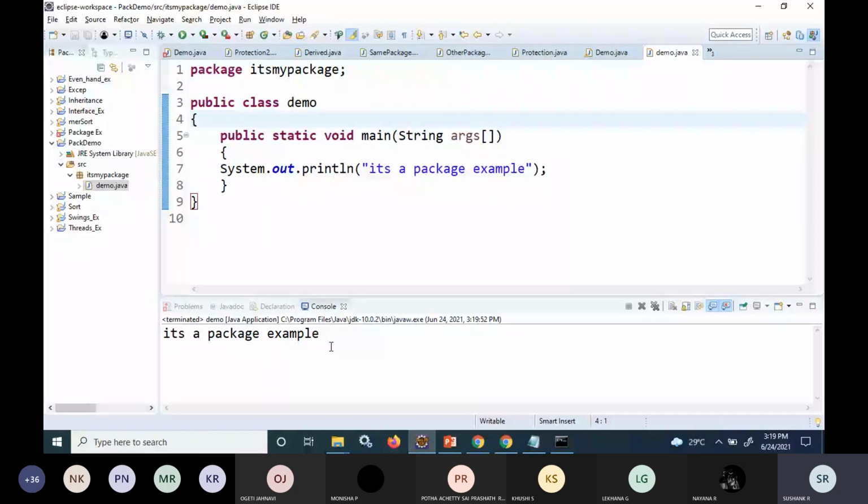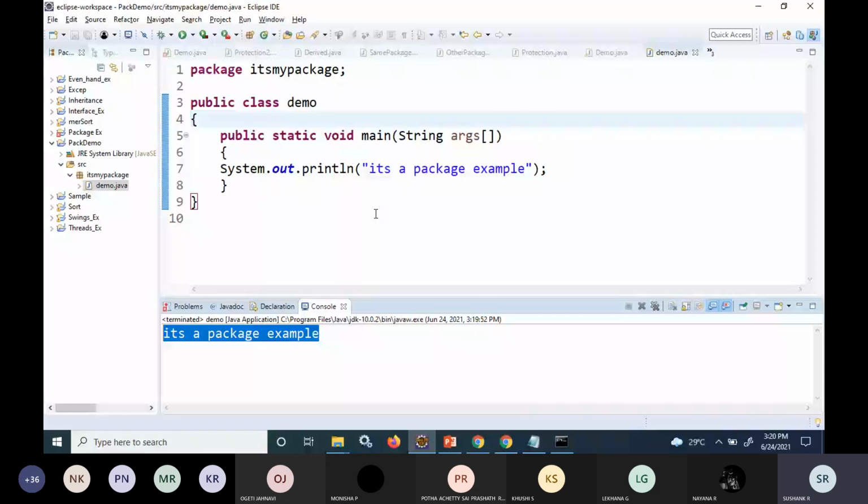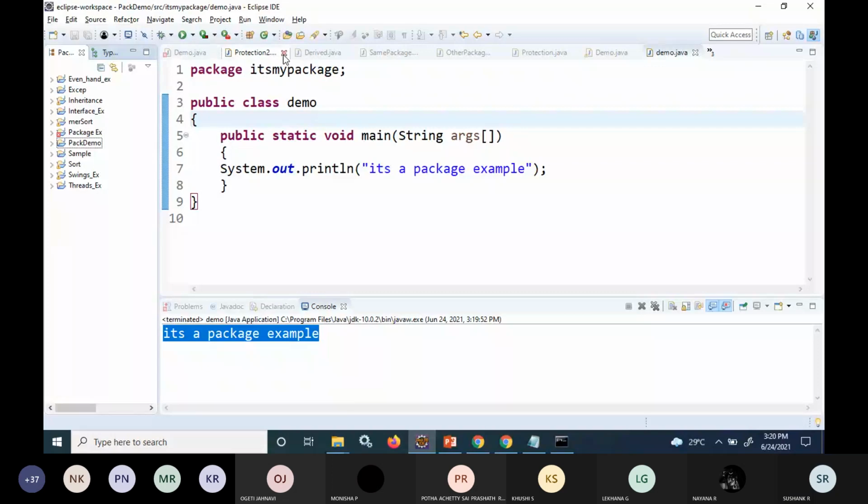So when you run it through Eclipse, it is a very simple process. Here you should take care when creating the classes. The package name should be proper and the classes should be placed in the appropriate class name. Under this package itself, I can create more classes. So this is a simple example of package demonstration, how you can execute the package from Eclipse as well as from the IDE.